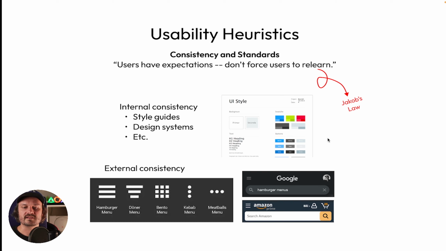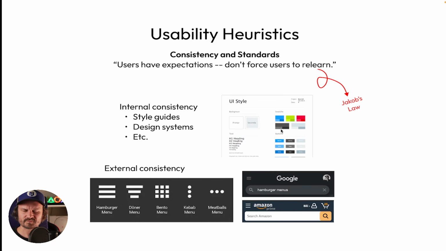resource. The flip side to that, or another sort of consistency to take in mind, is internal consistency. Very important. What internal consistency is, is the consistency between each page or screen, depending on what you're working on, of your product or your project. You need to have a reliable design between each screen. And to aid in doing this correctly, you may develop a style guide, or you may have a design system